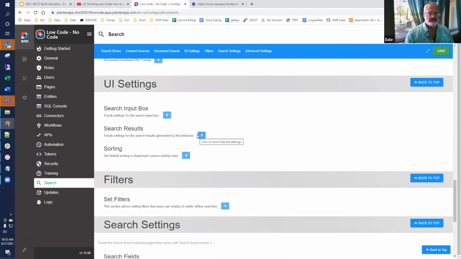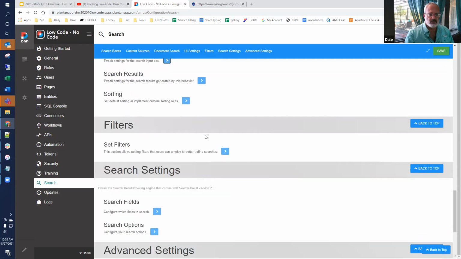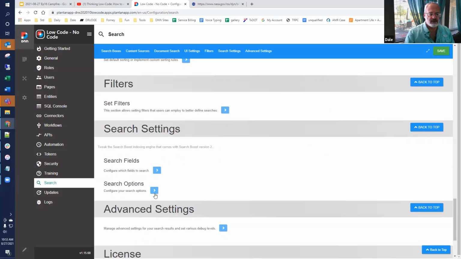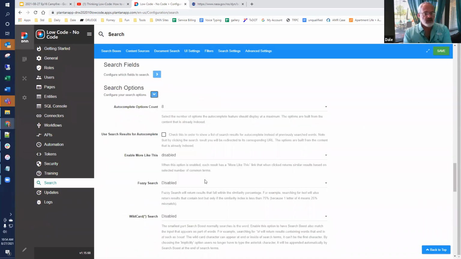There's some settings, let's see, you can set the template and the way that the search box looks. But the search settings, I think this is the one. Yeah, this one's kind of interesting.